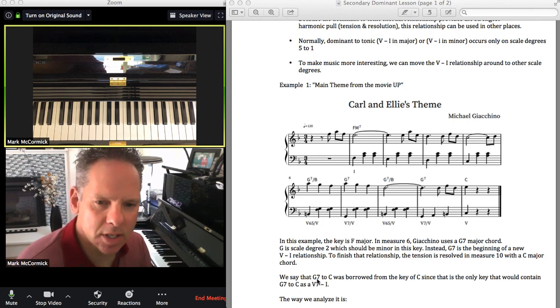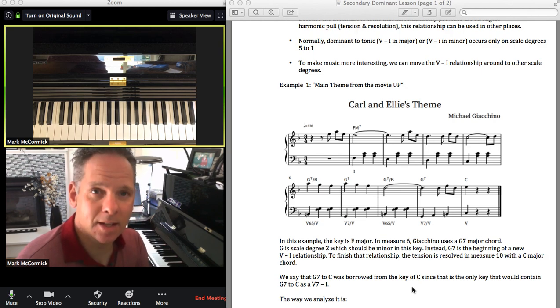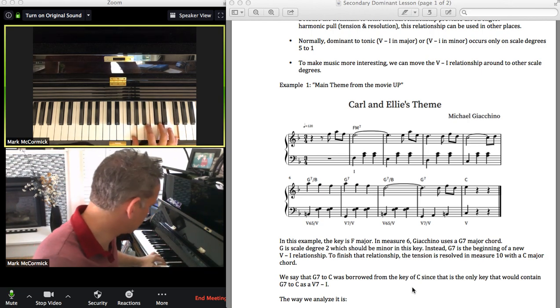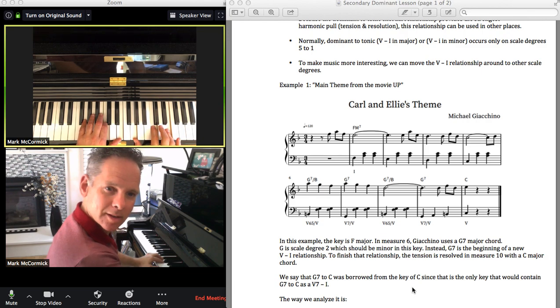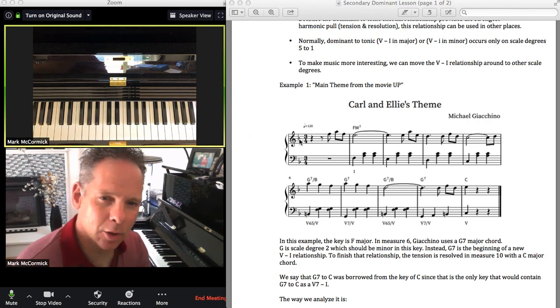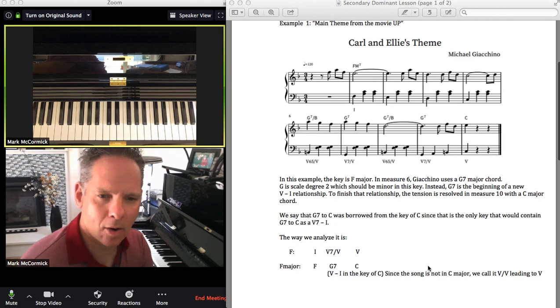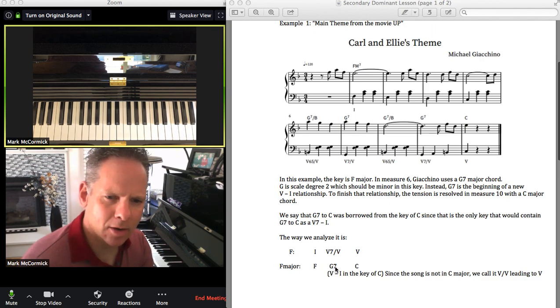So we say that G dominant 7th to C, that can only exist in the key of C major, right? Because 5 is the only place where a dominant 7th chord can exist. 5 to 1. But Giacchino is using that 5-to-1 relationship in a different key. So now I'm going to take this next step. We're in F major, so F is 1, and then here's this 5-to-1 relationship in the key of C,